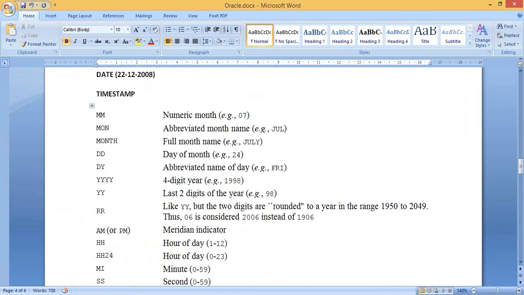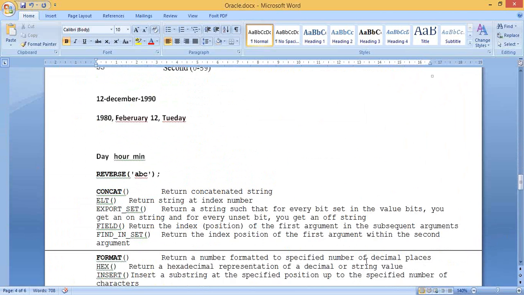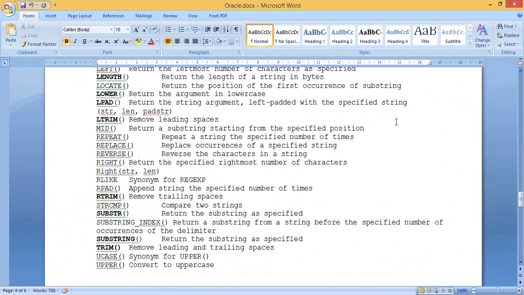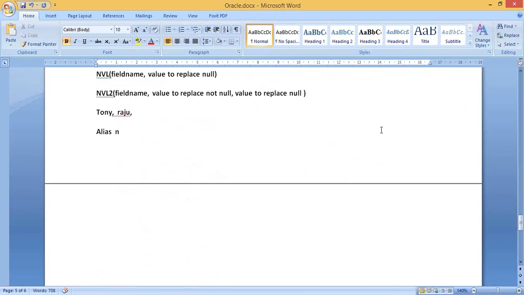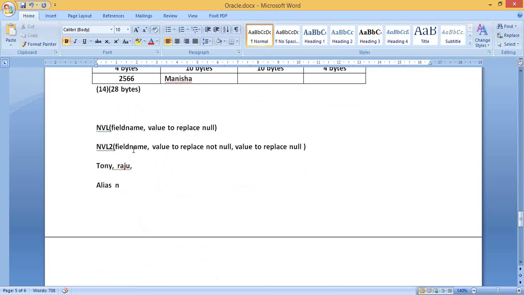Okay, let us now expand our exploration of these databases. I will send you this document, and no problem. Here we stopped last time, I think, where we said one is NVL, and this is a simple old version, where the field is replaced with the given value when it is null. And then there is another version, an advanced version, which could actually